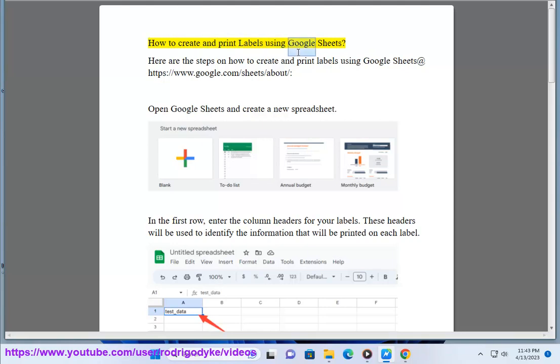How to create and print labels using Google Sheets. Here are the steps on how to create and print labels using Google Sheets at https://www.google.com/sheet/about. Open Google Sheets and create